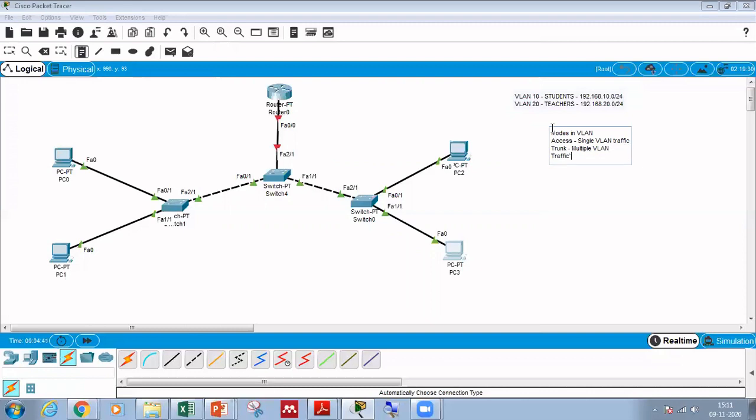In this topology, these two ports are single VLAN ports that carry only VLAN 10 traffic outside. These other ports are supposed to be trunk, and these two ports are supposed to be access.